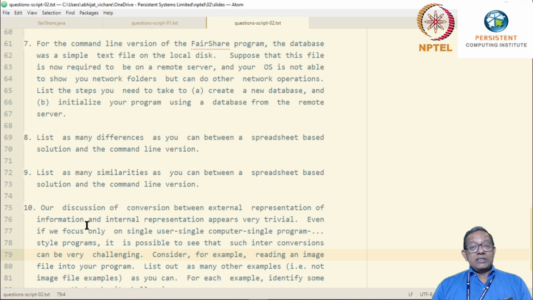There are some advantages of one solution over the other. There are some disadvantages of one solution over the other. Every approach really has both these aspects, the pros and the cons. And in practical life, we need to balance them.